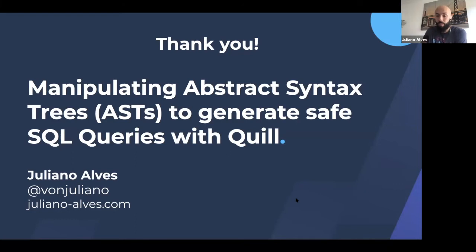Juliano, have you tried LINQ and how do you feel about it from the C# world? Yeah, I worked with LINQ a long time ago, but Quill is actually based on a paper, you can see the link on the site, and the initial idea is implemented in F#. Because as far as I know, F# has a relatively easier mechanism to provide quotation, right? Quill had to implement it from scratch, the same way that Clojure already had the idea of quote by itself. It's not a fair comparison, but